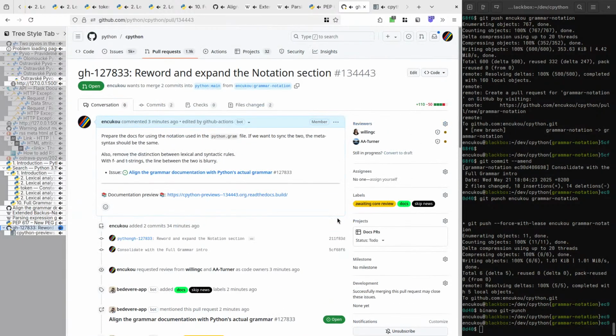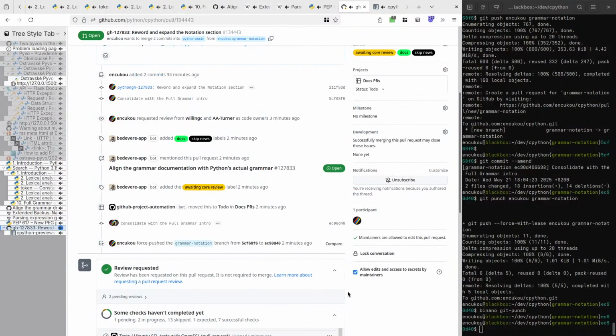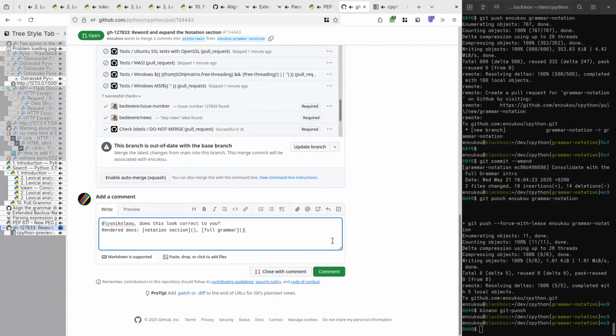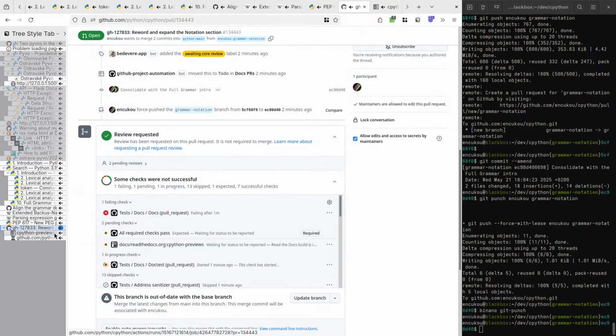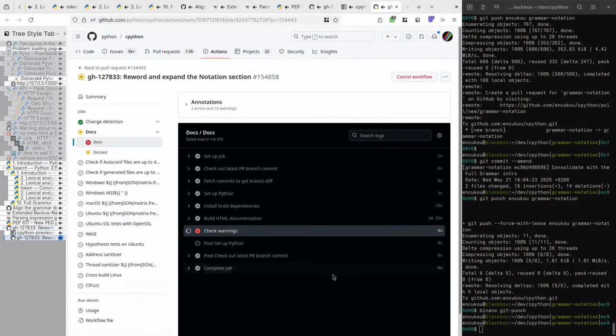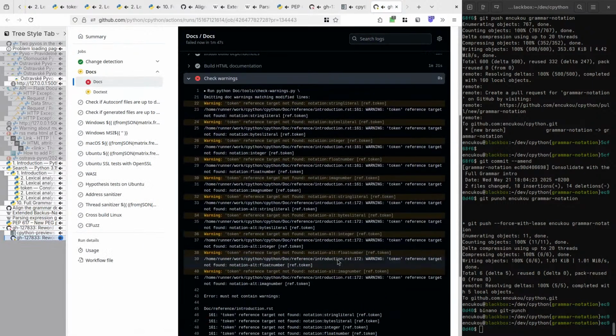I know some of the docs people will probably nitpick at the wording. Certainly. Oh, is there a warning? Of course. Token reference target not found. Oh, maybe it's got an S on it or something?